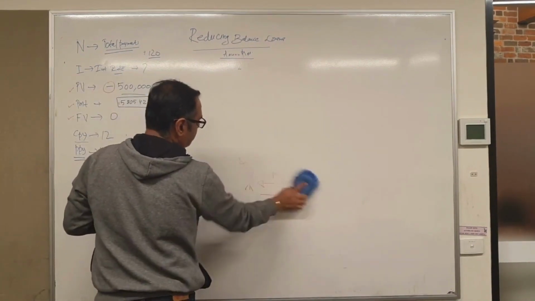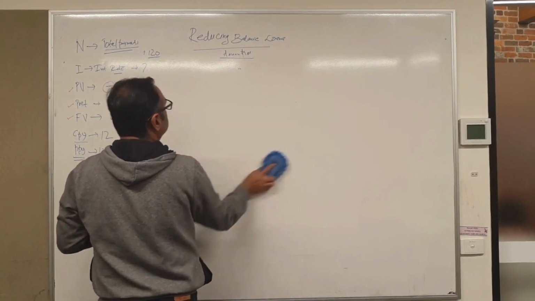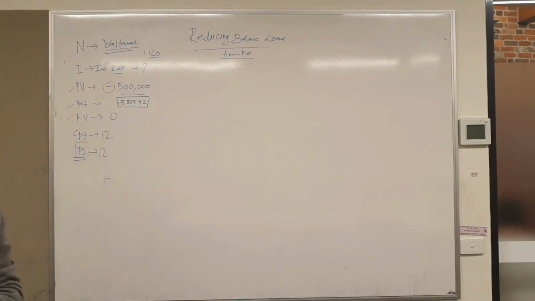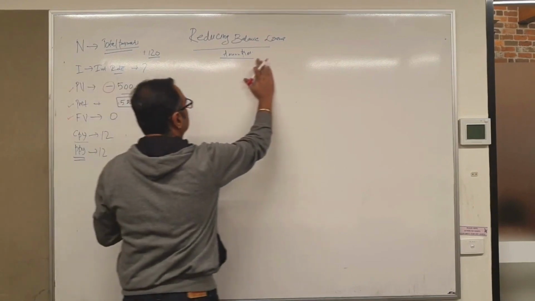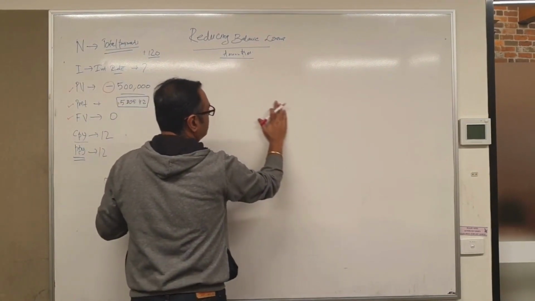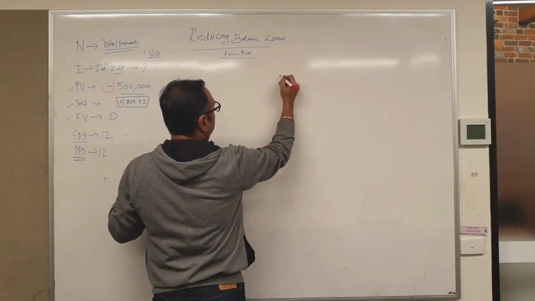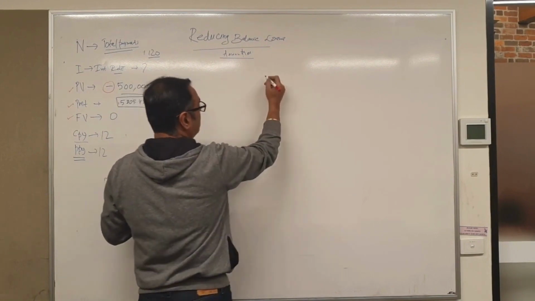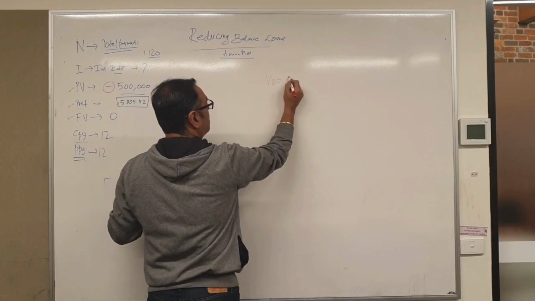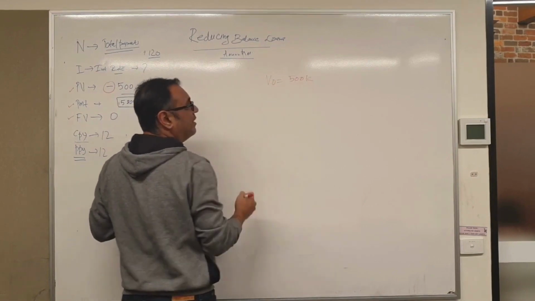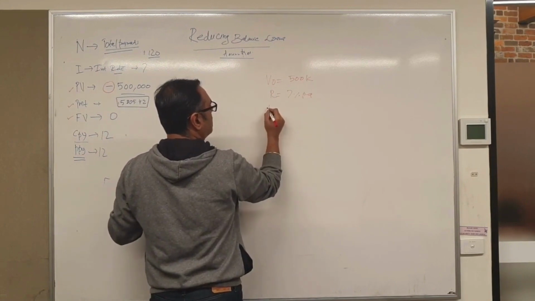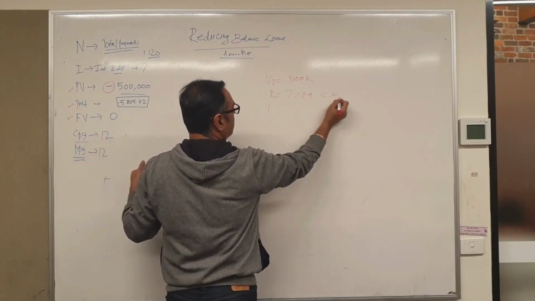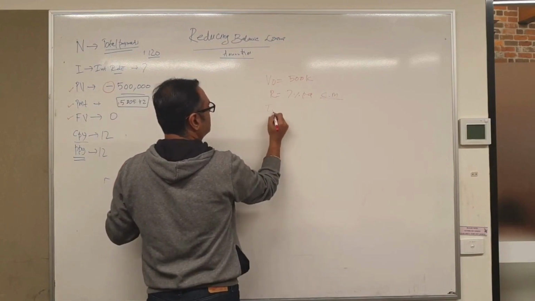Let's try to solve a very simple compound interest problem. Let's see if we can make sense out of it, otherwise I'll flip the topic. Let's say the same problem: I'm investing 500k at a rate of interest of 7% per annum, compounded monthly, time is 10 years,